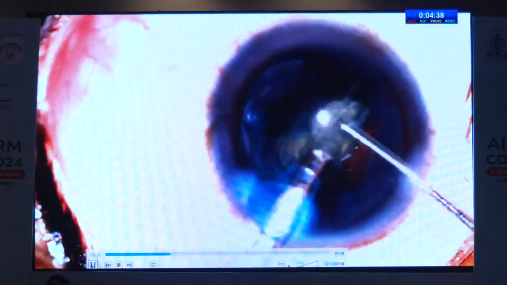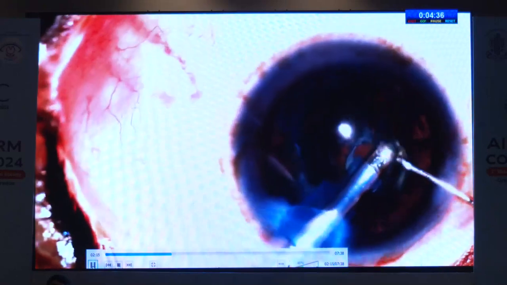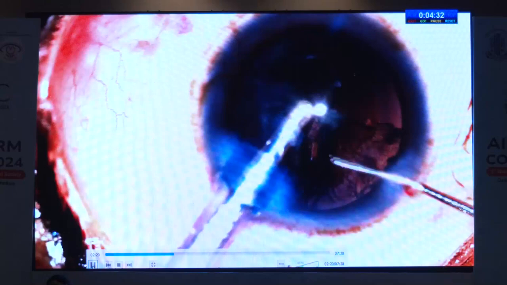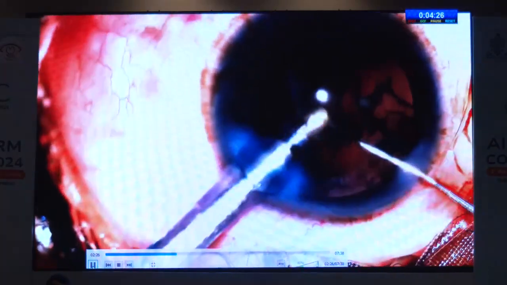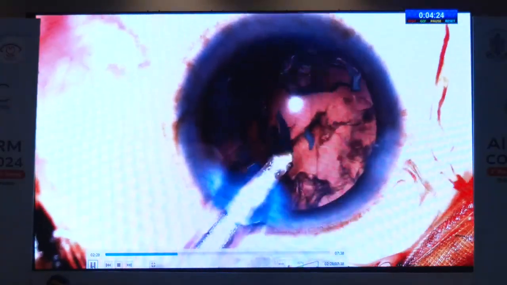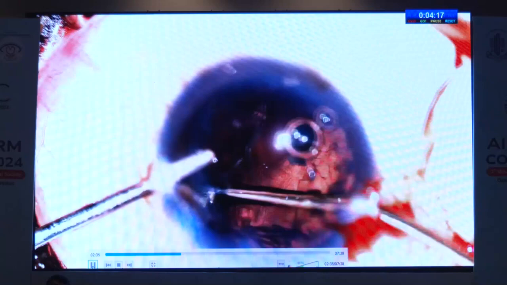What's important then is we don't panic and pull our instruments out of the eye. The gold standard in managing any PCR, or a PCR that you see in a polar cataract, is not letting the chamber shallow. If you can just about manage to not let the chamber shallow, by bringing the source of irrigation, which is the phaco probe, out of the eye, by performing a viscofluid exchange, and I typically like to use a dispersive viscoelastic before I bring the probe out of the eye.